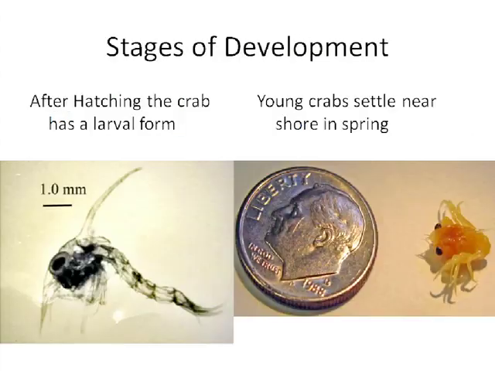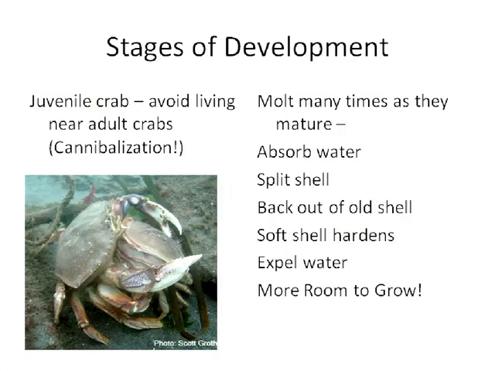And here's an example to tell you how big the larval form is. It's only 1 millimeter, it's fairly small. This is against a dime, so you can see how small that really is. And usually when the crabs are first born, they try to stay away from the adult crabs because there's cannibalism. So